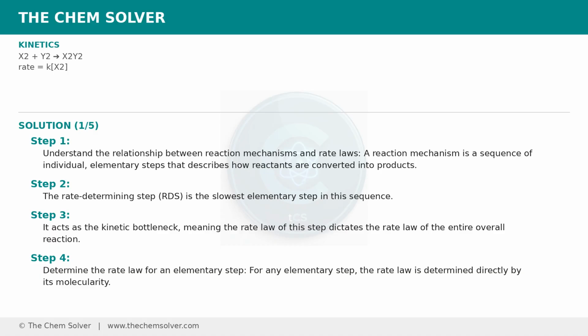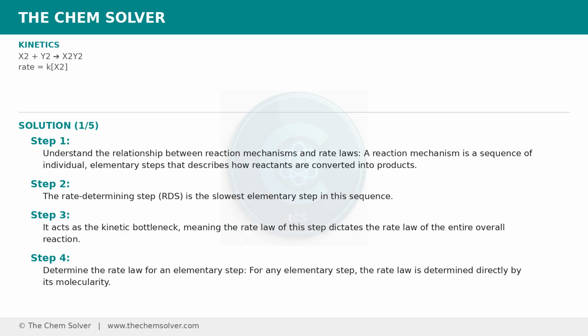Understand the relationship between reaction mechanisms and rate laws. A reaction mechanism is a sequence of individual, elementary steps that describes how reactants are converted into products. The rate-determining step, RDS, is the slowest elementary step in this sequence. It acts as the kinetic bottleneck, meaning the rate law of this step dictates the rate law of the entire